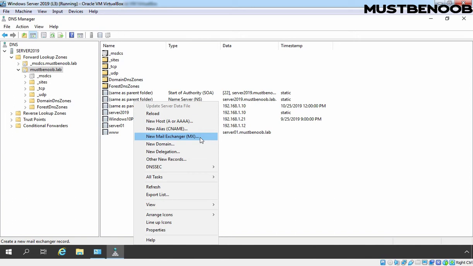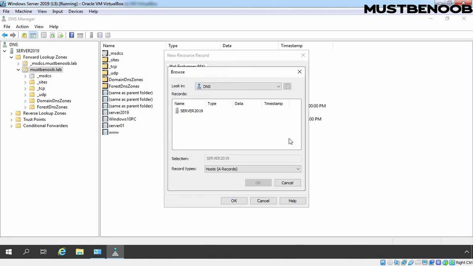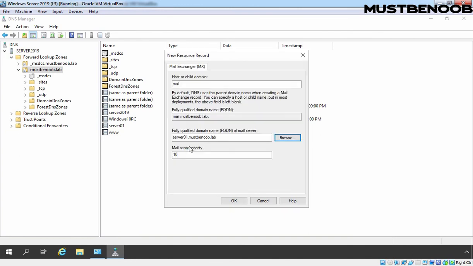So let's create a new MX record for our mustbenoob.lab DNS name. Here we need to specify the host or child name. Most of the time you will find mail as a host or a child domain. So our FQDN will be mail.mustbenoob.lab. Let's click on the Browse button, and suppose our mail server is configured on server01.